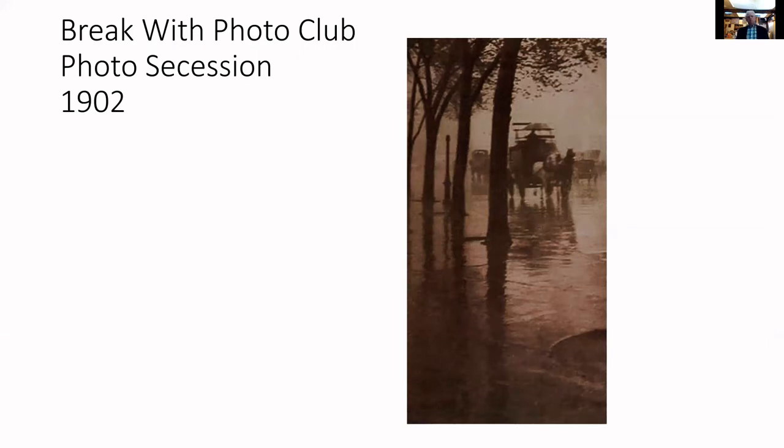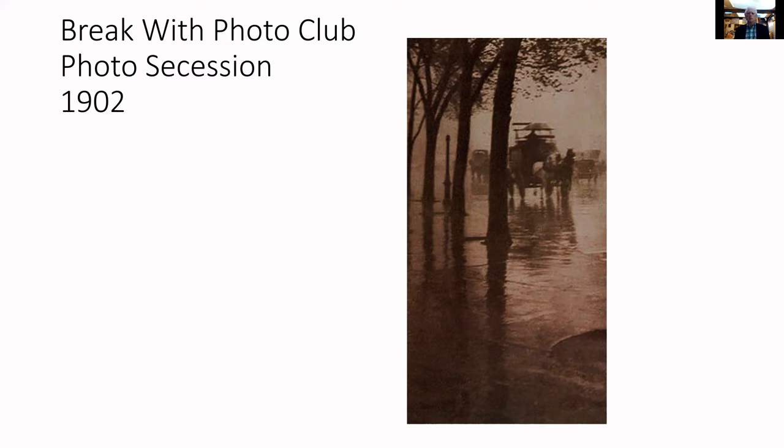So he breaks with the Photo Club in 1902 and starts his own group called the Photo Secession. And the Photo Secession is based on the Vienna Secession idea that modern photography should be different. It should be something new. And in some ways, he's struggling with what that is, but he's really trying to promote this idea that we're not going to go back to doing things the way that painters did it in the 1800s, which was called pictorialism. And pictorialism was the movement in photography. And he's still connected with that at the same time he's trying to break away.